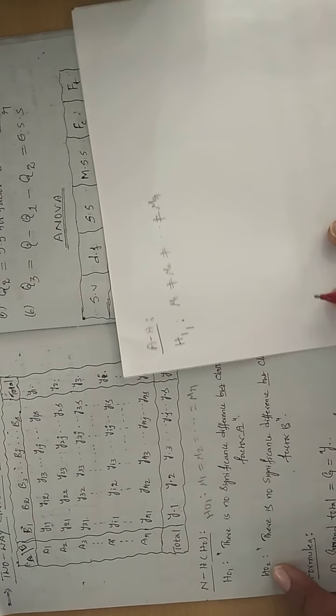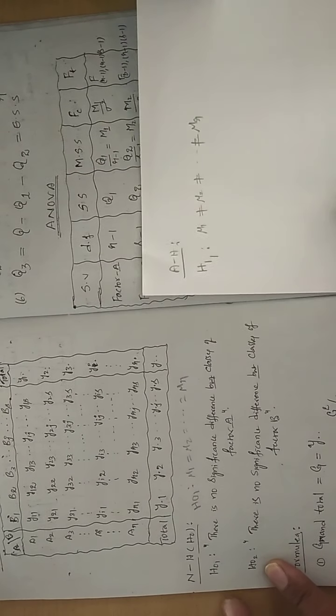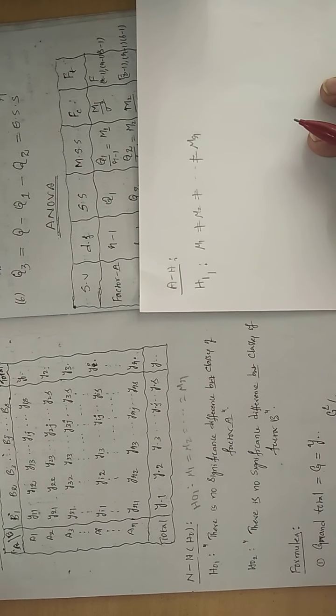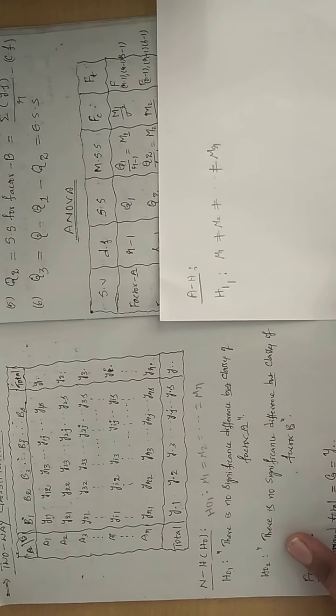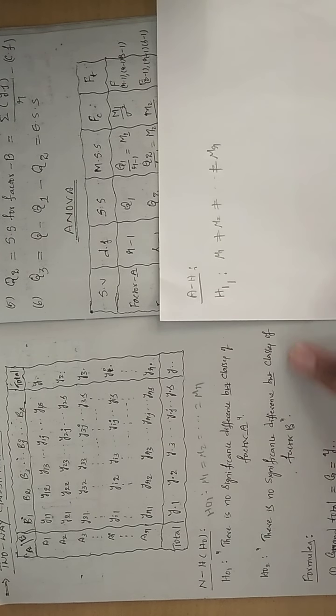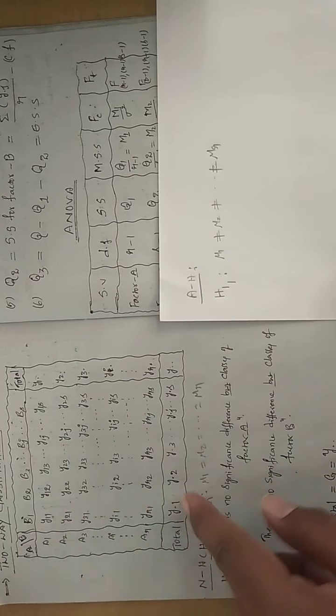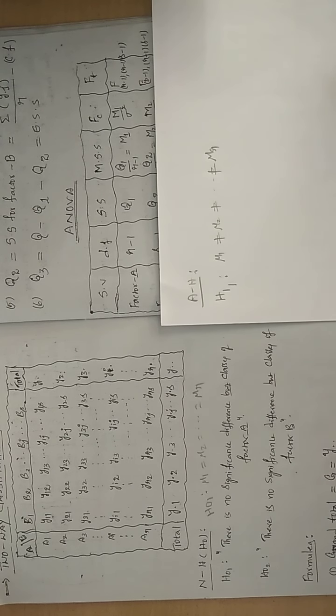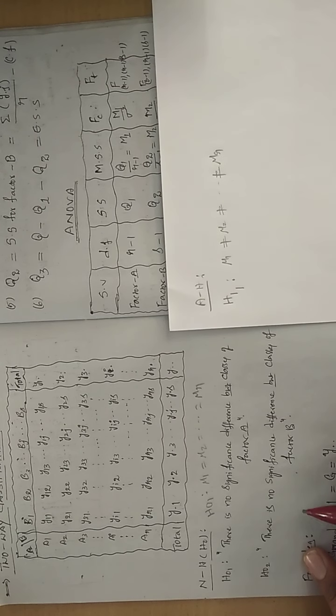Now the next null hypothesis, I already told you. In the two-way classification, 2 null hypotheses will be there and 2 alternative hypotheses you are going to frame. H02 is going to be the columns information. So how to write the column information here? There is no significant difference between the classes of factor B. What are the column based information according to our examples? Different colors. So what is the meaning of this? The color is not having any impact on the sales of the cars. Let us check whether that is there or not. Then how do you write in terms of notations?